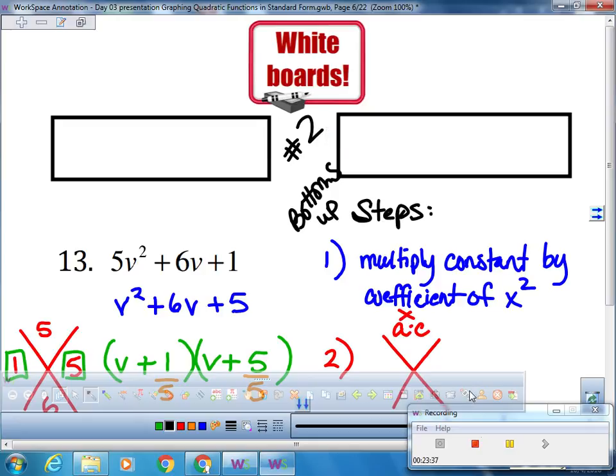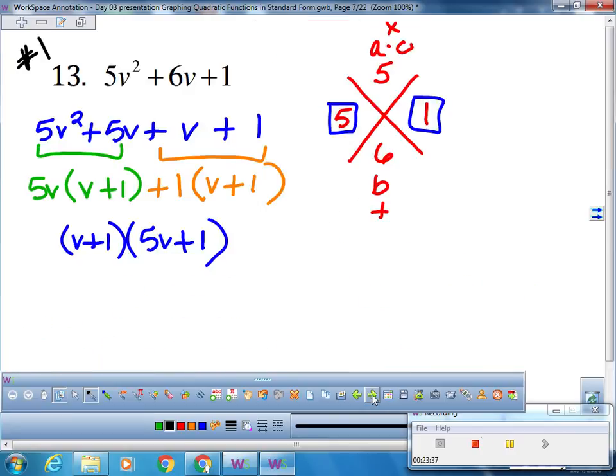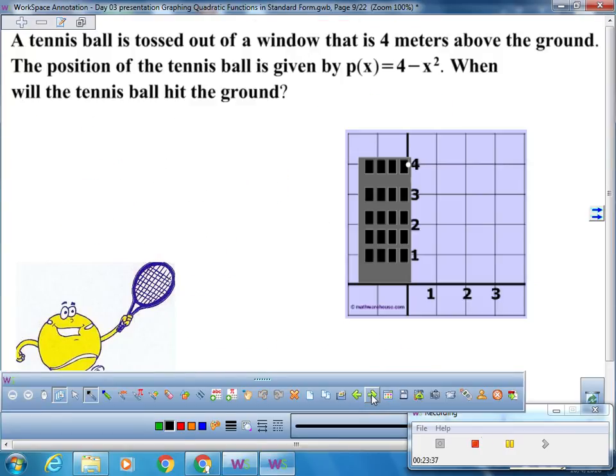All right, let's get going. Like I said, there's not much new to this lesson today. It's more factoring and graphing. There's only one new piece that I have to show you, and then I'm going to get you your homework, and we're going to start working on it, okay? All right, a tennis ball is tossed out a window that is 4 meters